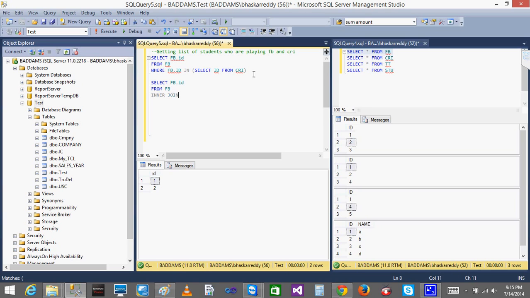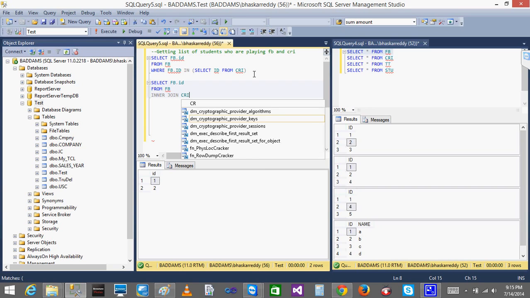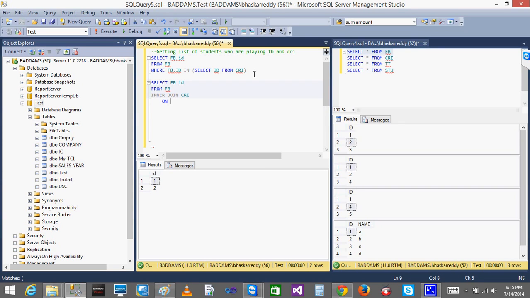Inner join, I will write CRI. What is the condition? On FB dot ID equal to CRI dot ID. The same thing. So, I will run both the queries. You can see 1 2, 1 2, the same output. But here I have used the